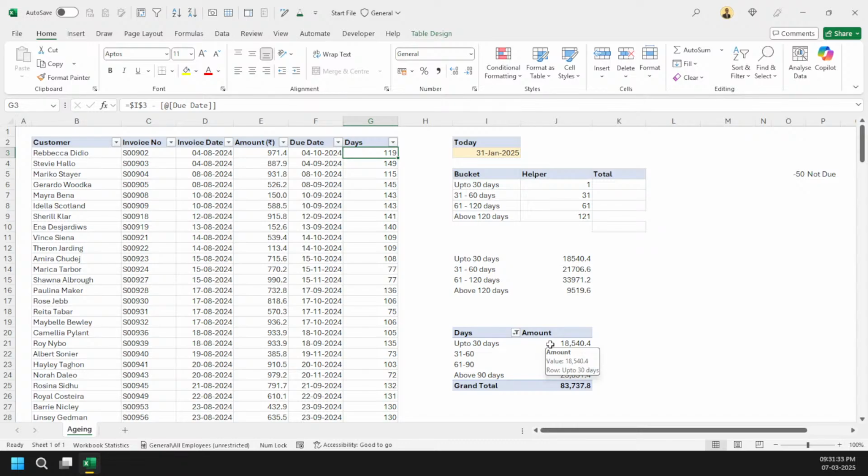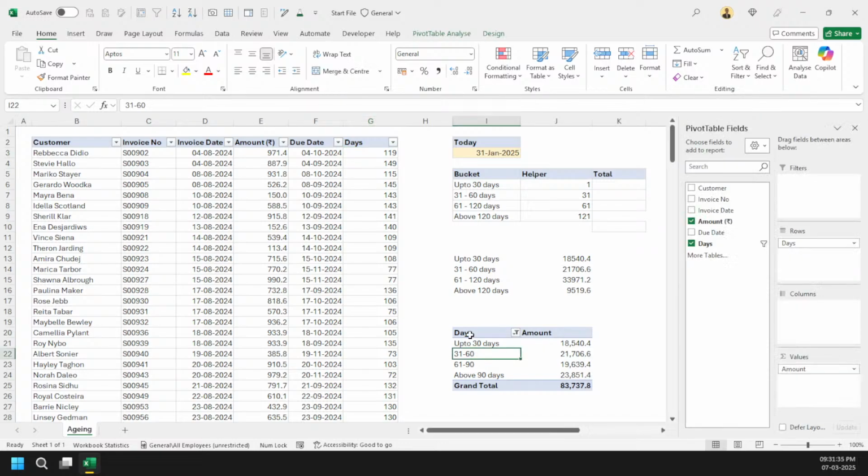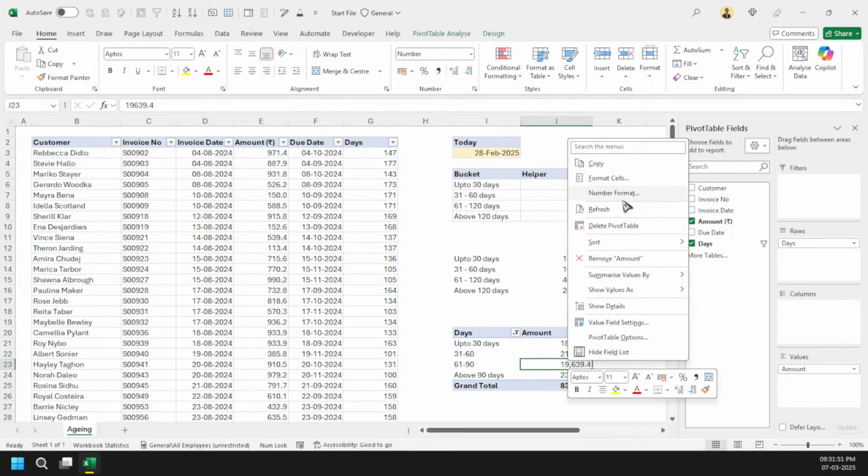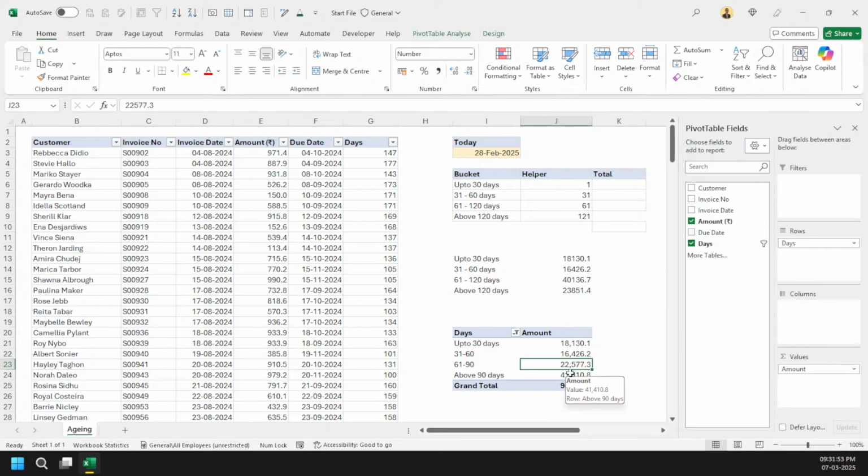Okay, and one of the best things is that the values will be updating quickly. If tomorrow my date is changing to, you can say today, like 28 Feb 2025, then these values will quickly update, right? But here I need to go and press the refresh button.